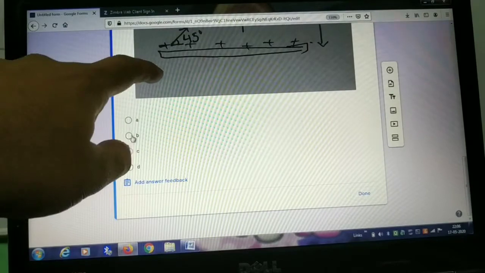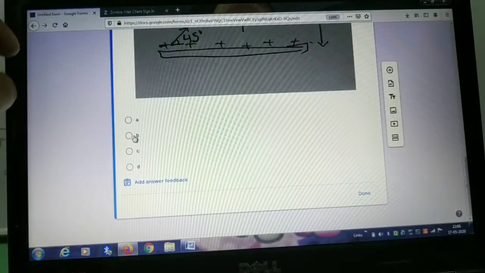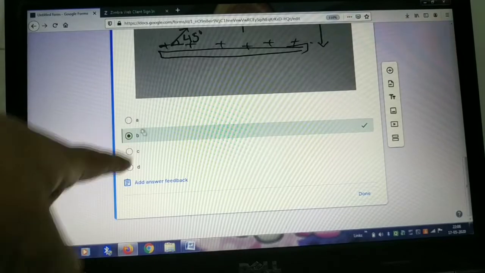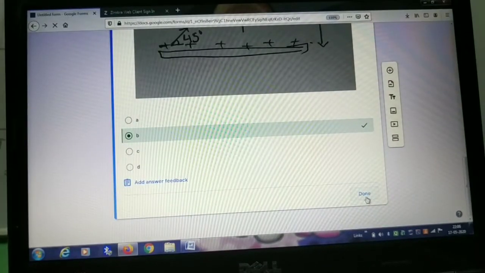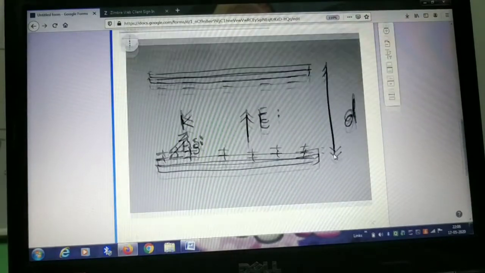Let us say in the options over here, I have A, B, C, D. So if the student feels that option B is correct, he will just click the B over here. Or if it is a wrong option, it will come out as a wrong option. So suppose you know that the answer is B, so you click the answer as B, and my second question is also done. Okay. This is also done.